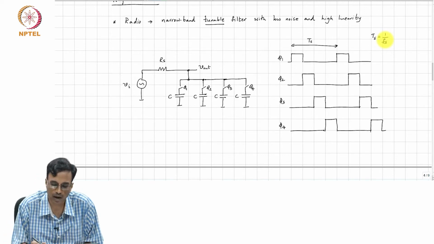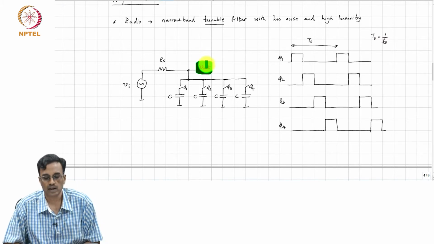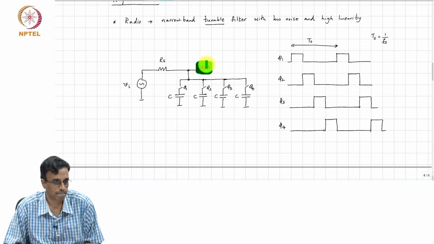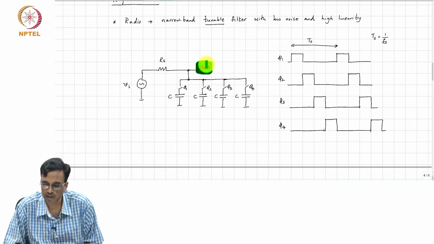What comment can we make about the harmonic transfer functions, for instance, at that node? Do you see a periodicity which is shorter than T s? Yeah.